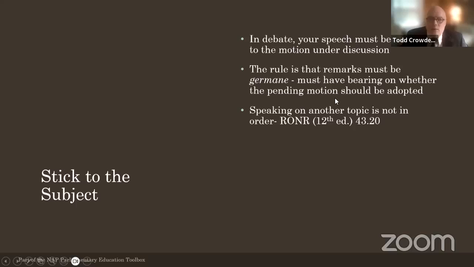You can't just start telling a story. At the last National Association of Parliamentarians convention, we had a guy get up speaking in debate on a bylaw amendment, and he starts telling a story about his dog, and it didn't really seem to have anything to do with the motion. Everybody just started going, "Oh no, no, no," under their breaths, gently expressing their displeasure, because he may have been leading up to something where he was going to make it relevant, but there's 300 of us here and we're busy, so get to the point already.